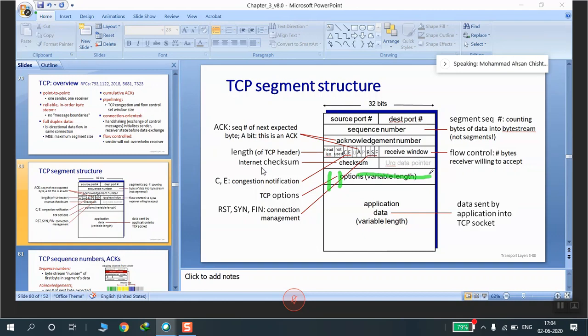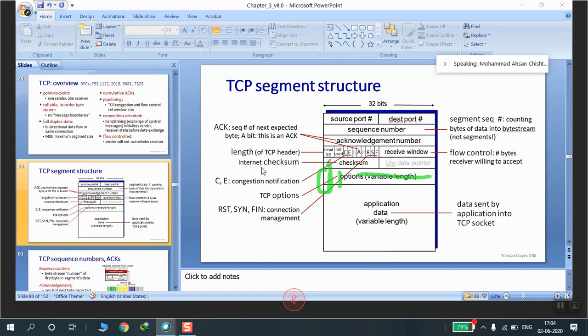Among the options, this is the only field that is not optional. Let me repeat. The first field in the options is option kind, which is 1 byte, and it indicates what type of option you are using.